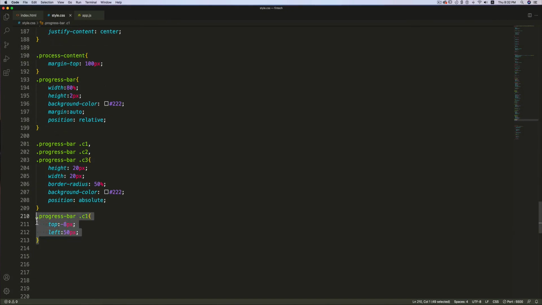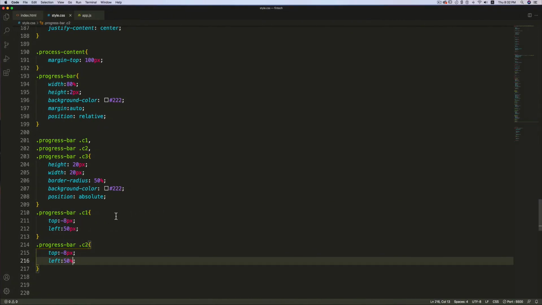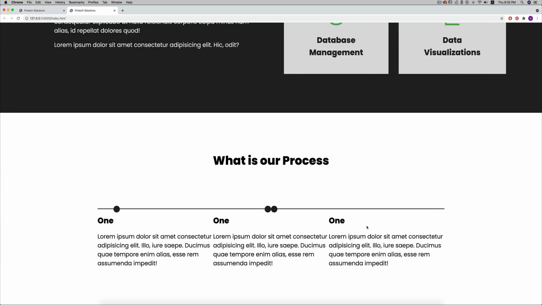Then I'm going to just copy this, paste it, change this to C2. So in here the left will be 50%. So here is the second circle. Now finally the third circle, C3, and from right it will be 50 pixel. Let's see. So we have these.